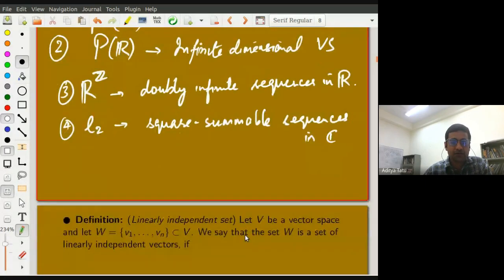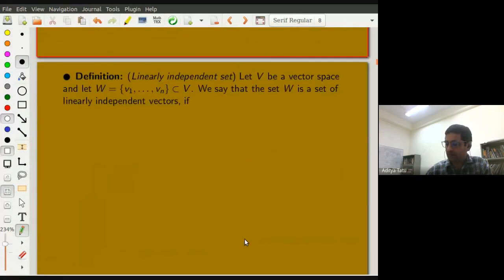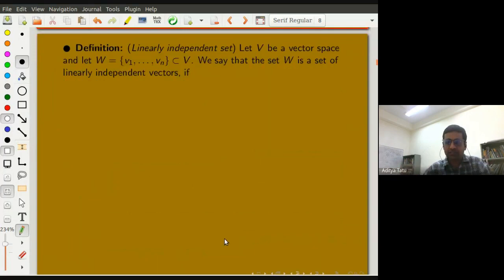So let's now define the other term that was in the title of the first slide, linear independence. Remember, we have already defined it in the context of matrices and vectors in Rn. We are now going to define this in general. Let V be any arbitrary vector space, and let W be a subset of V that contains n elements. We say that this set W is a set of linearly independent vectors if, we complete the definition,